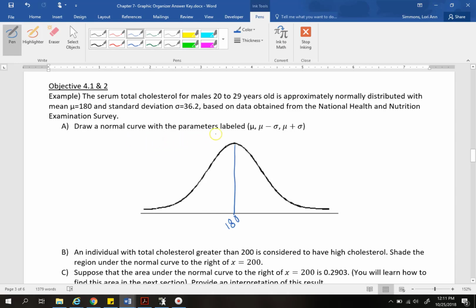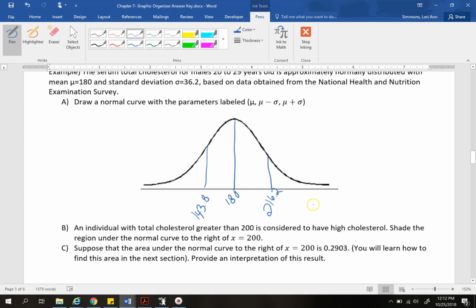Draw the normal curve with the parameters mu, which we just did, mu minus sigma, and mu plus sigma. So that would be mu minus sigma is 143.8, mu plus sigma is 216.2. Part B,